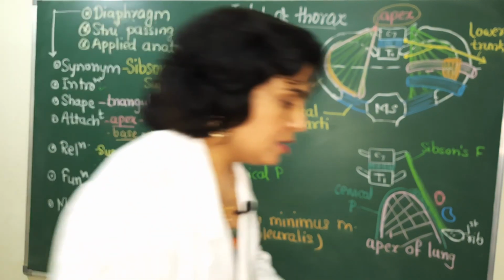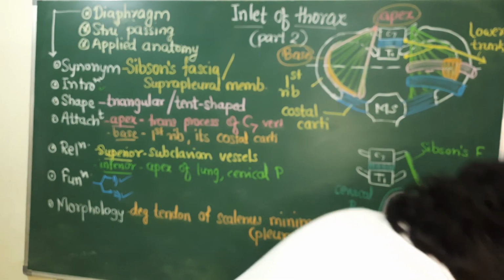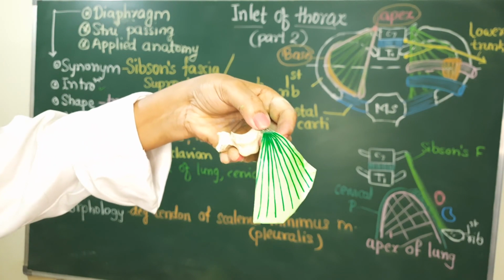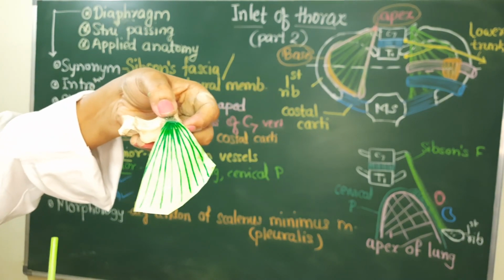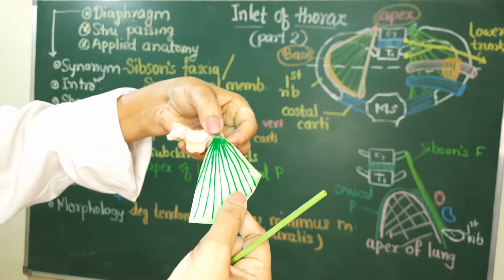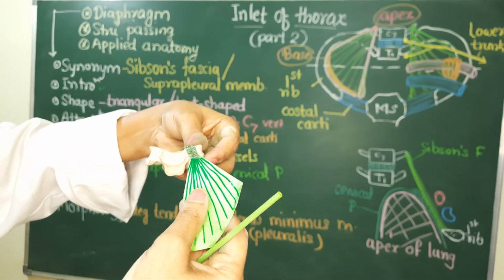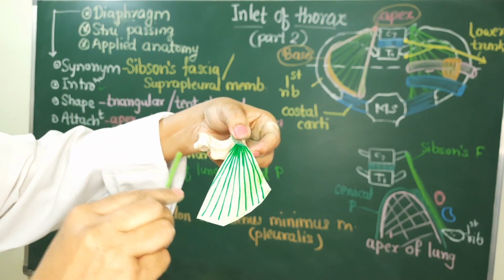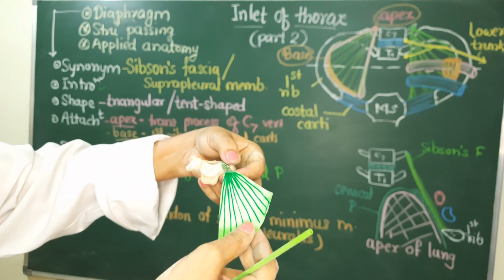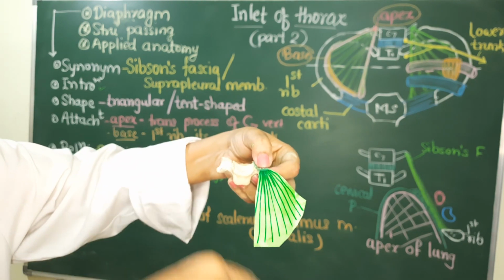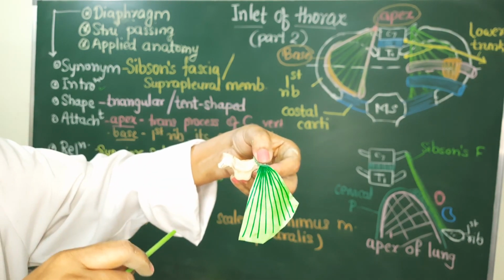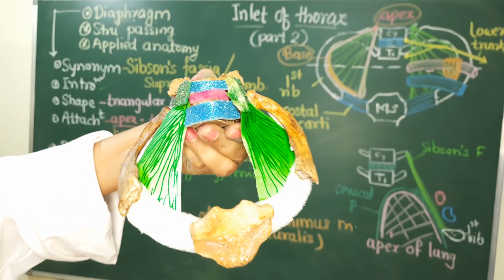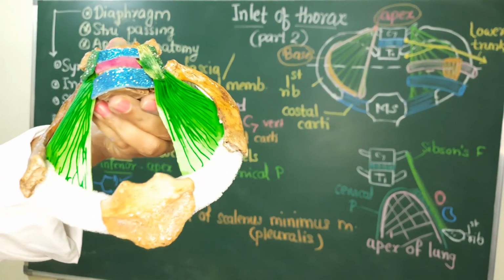So now I will show you here the Simpson's fascia. If you attach on one side only, the Simpson's fascia will be like this. Imagine this paper as the Simpson's fascia and I have attached it to the apex of the C7 vertebra. Now on both sides, if you attach this Simpson's fascia, at the same time if you imagine or keep the inlet of thorax along with it, how will be the model? Now I will show you. So the model will be seen in this way.